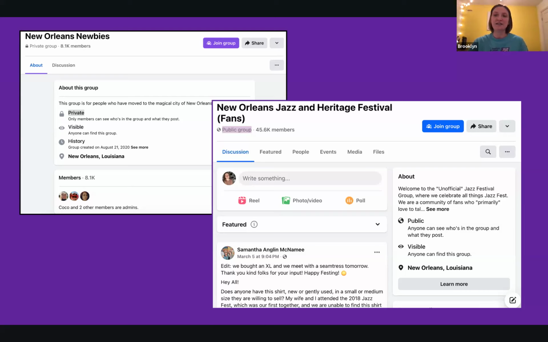I know for us, I don't think every relay has this, but we have relay rallies, which are community-wide relay events that the whole community is allowed to come to, just to hear event updates. So at any relay event, you can always announce, if you have any fundraisers, please make sure you post to the group. The group's open for anyone to post in. You just want to make sure people know that they're allowed to post, because some people feel hesitant to post, but maybe that's because they don't know if they're allowed to or not. So just trying to express that they are allowed to post whenever they want will be useful.